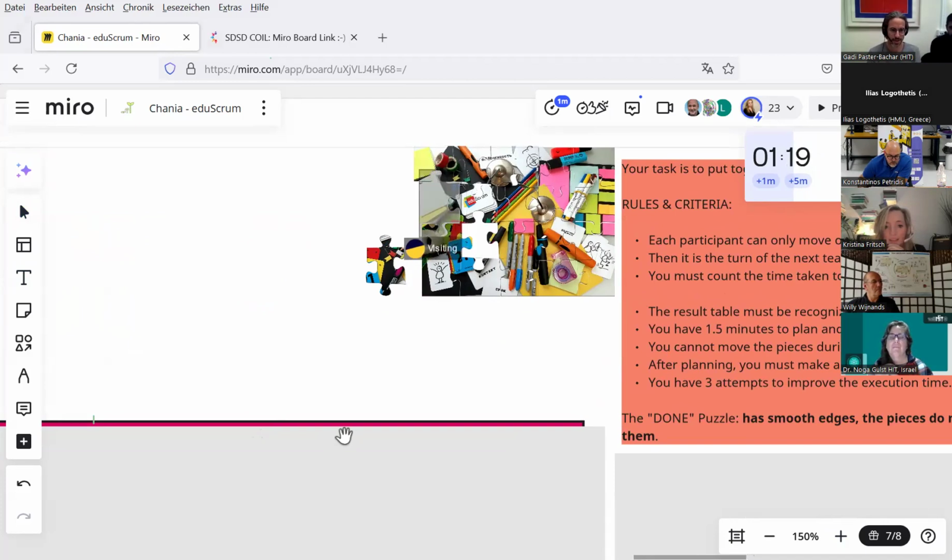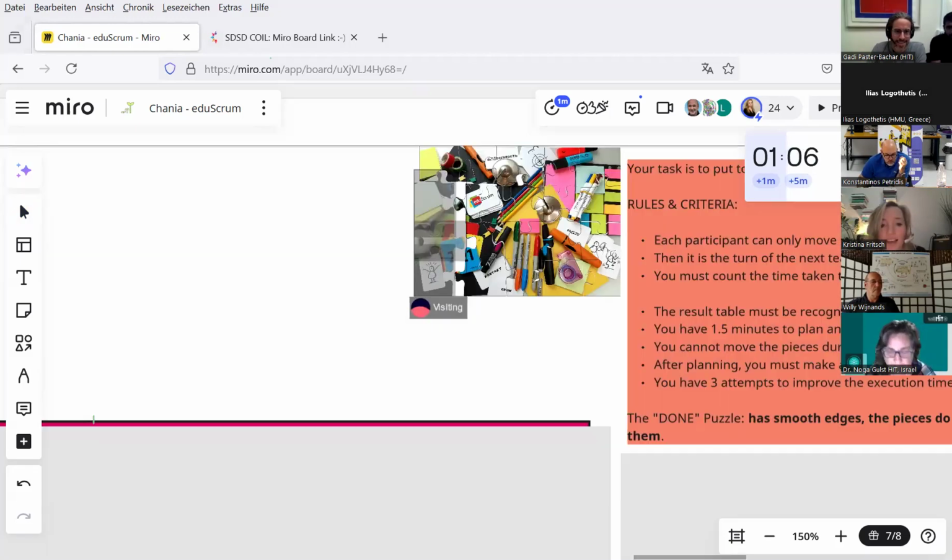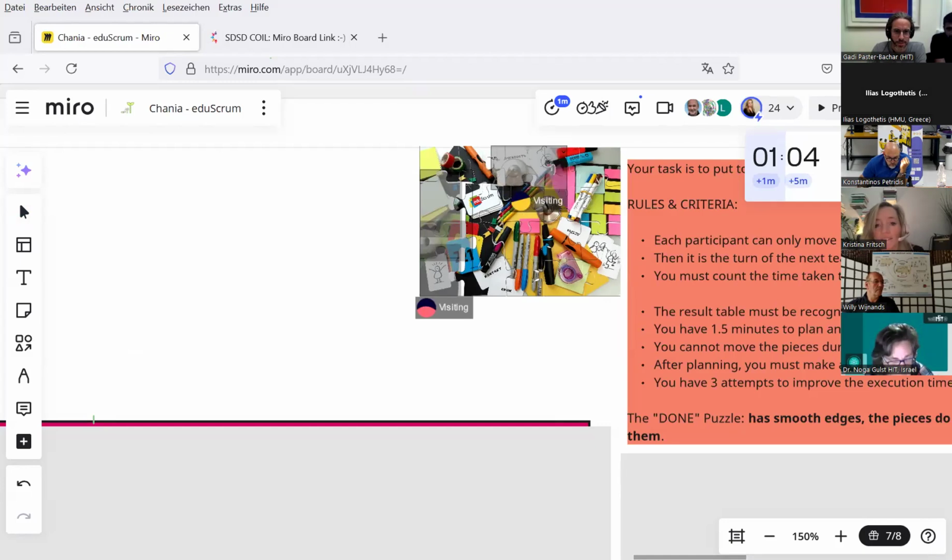Let's place what is missing in the middle. Great. So okay, you're ready or would like to refine something? We still have a minute. Let's see. I think here, yes, there is